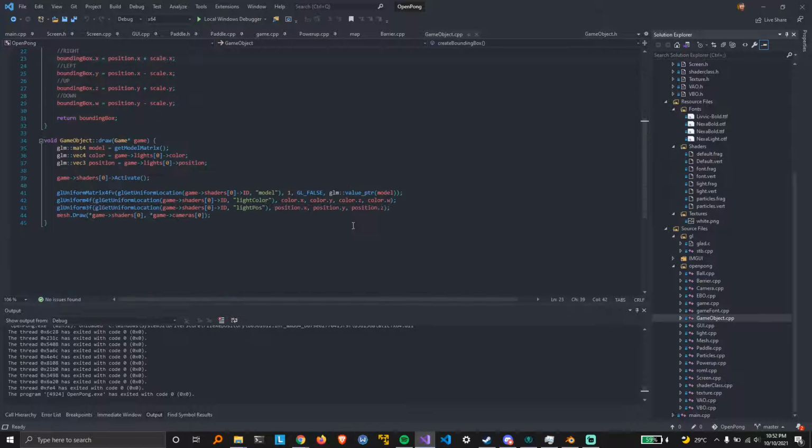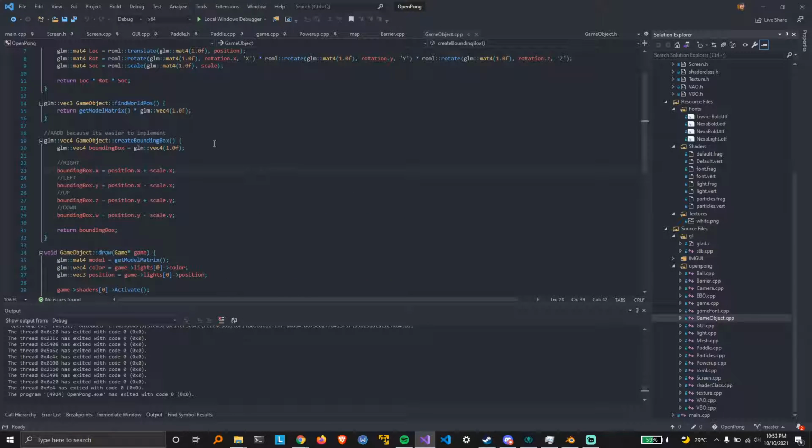And it's not the best way to create an axis aligned bounding box, which means it doesn't rotate. What it basically does is the most extreme part of the bounding box, like the most extreme to the right, will be the most extreme right vertice of the mesh. But that would take a lot of processing, and I had to go through the model matrix and basically try to re-render the whole thing just to get the right vert placement. So what I just did is a quick and easy calculation. I take the position and then add the scale or minus the scale, and basically from right, left, up,